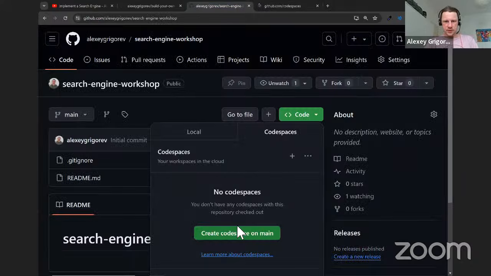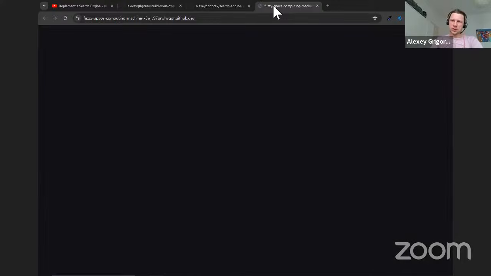So maybe I was too fast. Here I clicked on code, and then you can either click on the plus, or create code space on main, and make sure that the code spaces tab is selected, not local. And right now, what is happening is in